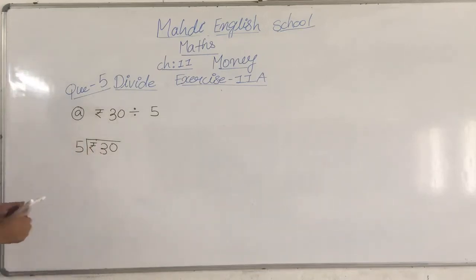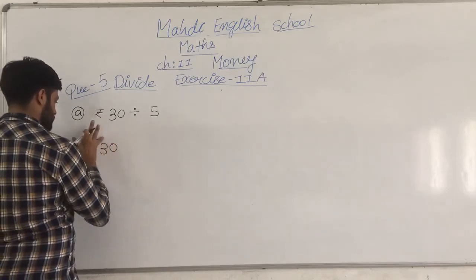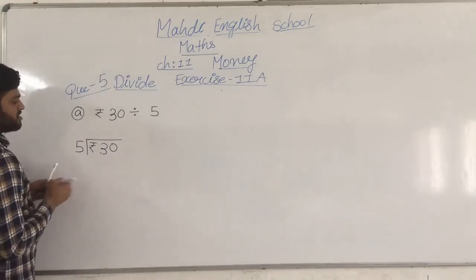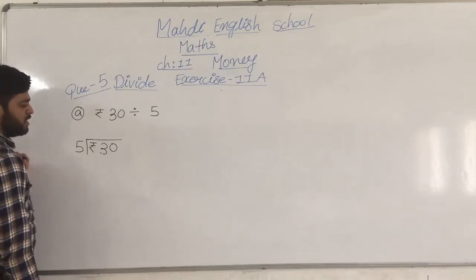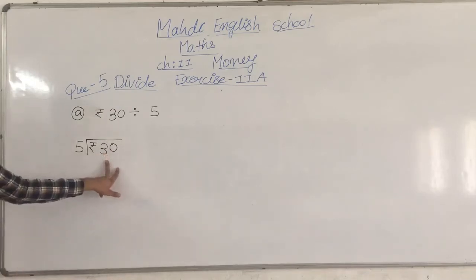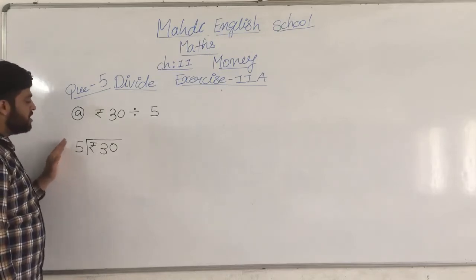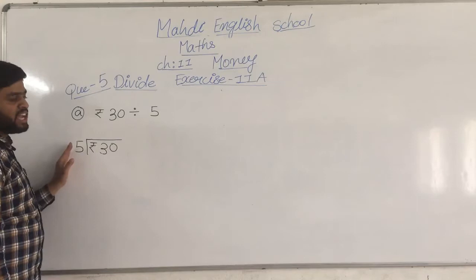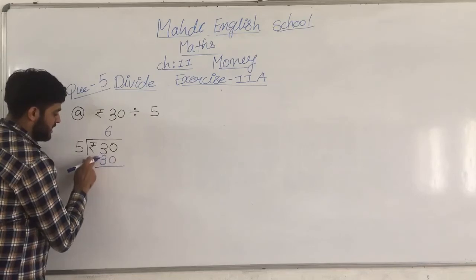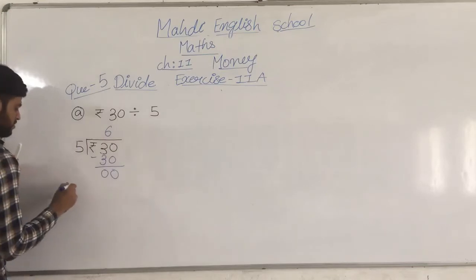Attention here, all. In table number 5, my dear students, 30 will come or not? First of all, how many digits will we take? We will take 2 digits. 5 ones are 5, 5 twos are 10, 5 threes are 15, 5 fours are 20, 5 fives are 25, and 5 sixes are 30. So we get the answer here. 5 sixes are how many, my dear students?